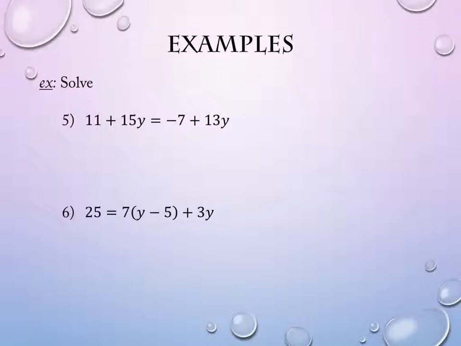Taking a look at number 5, what's different about number 5 is that I have numbers, constants, on both sides, and I have a variable on both sides. We haven't had one of those just yet. So what I need is all the variables on one side and all the constants on the other side. Josh? So wouldn't it be easier to take the smaller number, 13y, and subtract it from